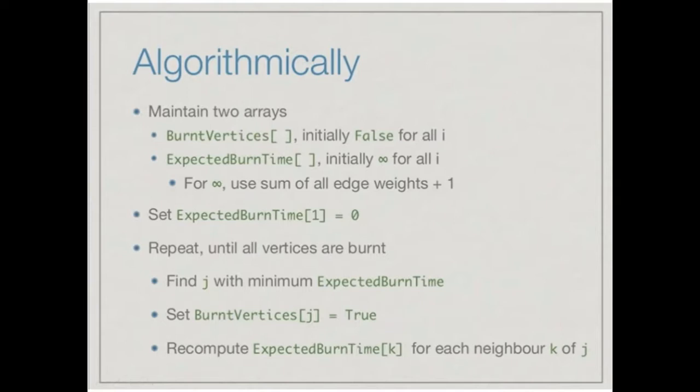So this is the loop actually. In this loop, first we have to assign a cost to a particular vertex. After that, we will mark that particular vertex as already burned, and after that I will go to each and every neighbor of that vertex and start calculating time. Okay, and this is how it will go on again and again until all the vertices are burnt. Let's go ahead.